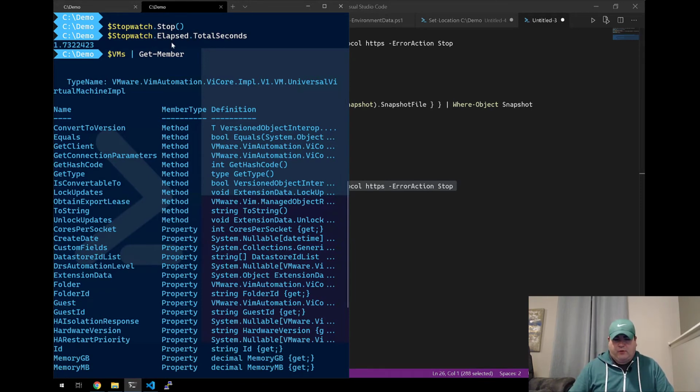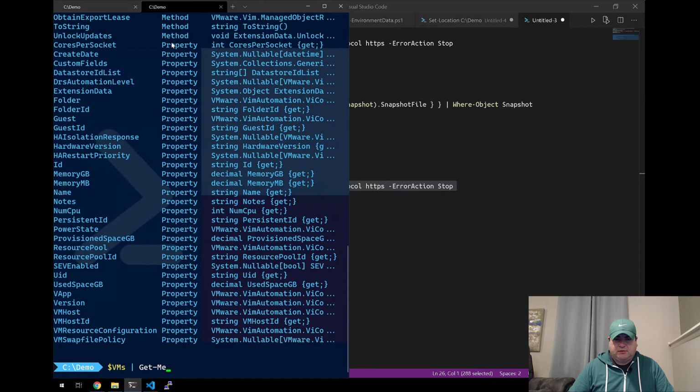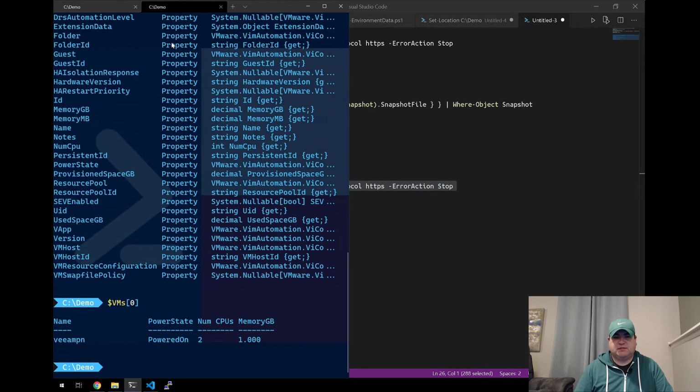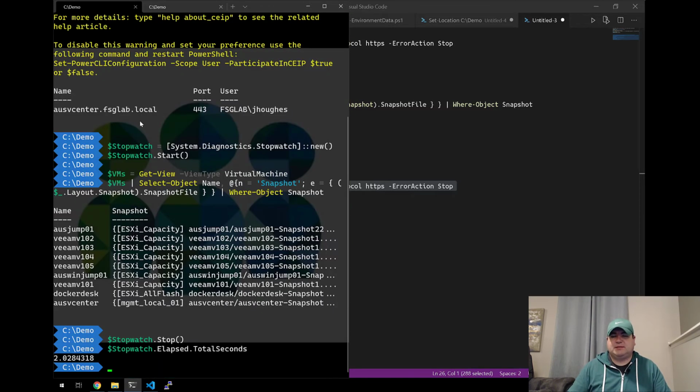So just the formatting that we're going to see, if I run $vms[0], let's look at the first instance of a VM that comes back. We can see that what comes back here is basically a selected set of properties. This is the formatted object that shows what we would expect to see inside of PowerShell. Whereas in this instance, what I'm running is $vms equals Get-View with the view type of VirtualMachine. Running Get-View means that I'm actually retrieving the vSphere objects themselves. So if I, in this window, go look at $vms[0],